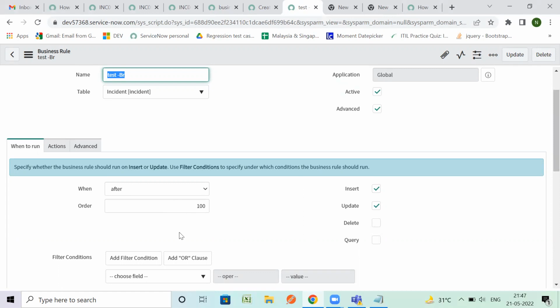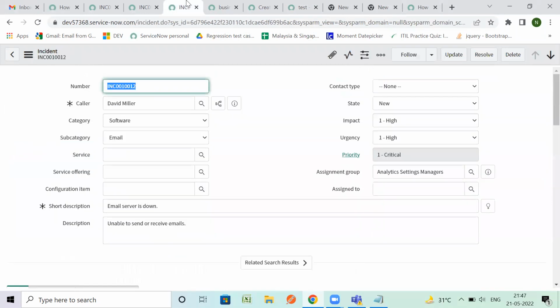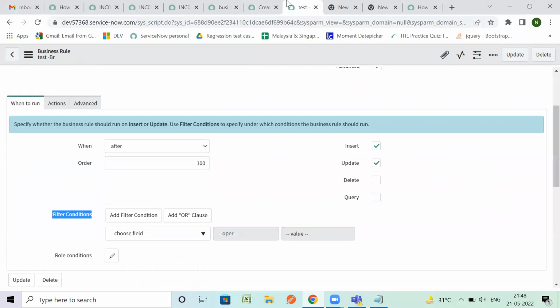But we are missing a few things. We have not added the filter condition. Now, whenever any operation happens in incident, update and insert, this business rule is going to work, right? So we need to specify the use case. The business rule should have specific filter conditions,